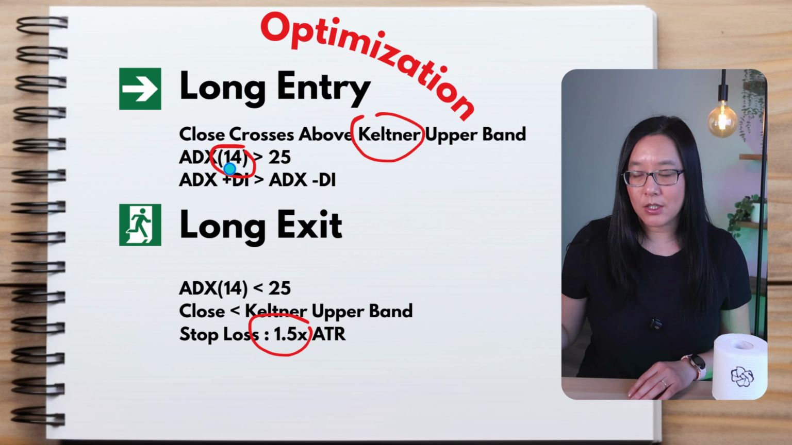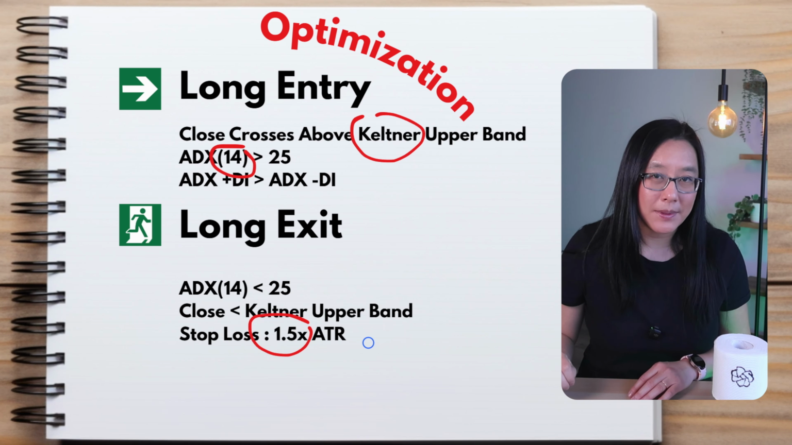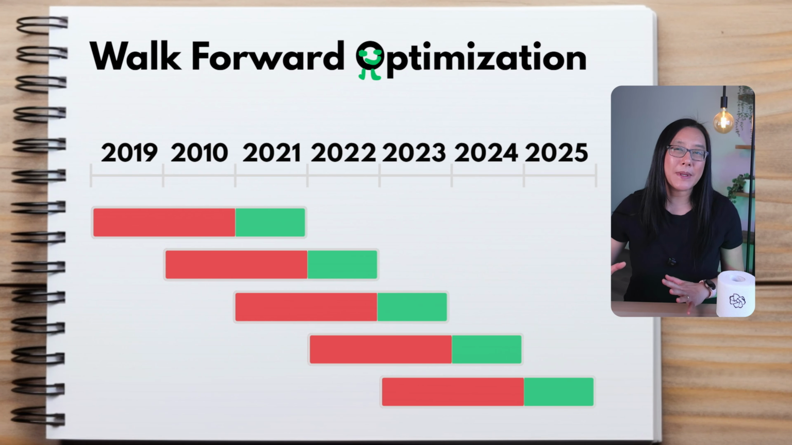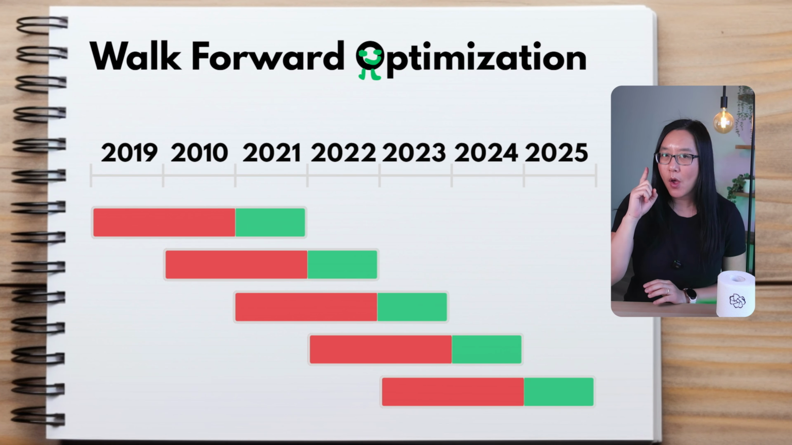ADX 14, let's optimize that. And the stop loss of 1.5 times the ATR. So just 3 simple parameters we're going to optimize. And because markets are changing all the time, I'm not going to optimize over 20 years of data and just pick the one setting. What I'm going to do instead is I'm going to optimize over a few years and